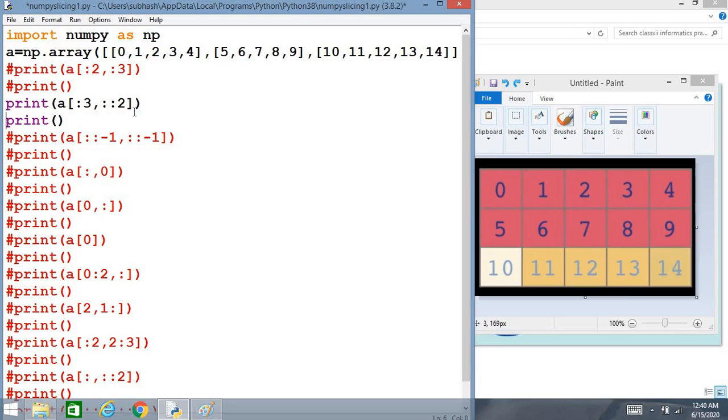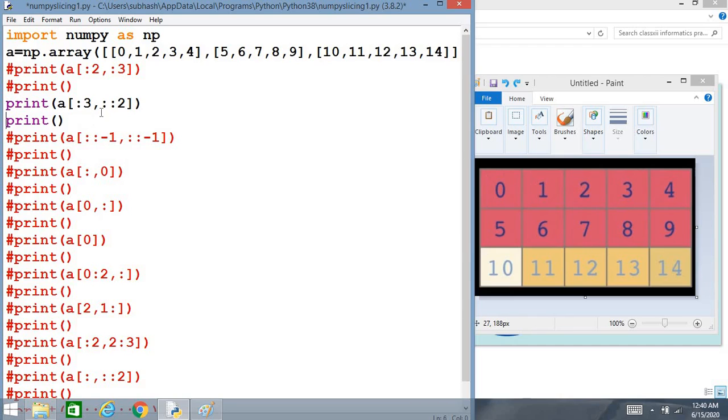Up to 2. Now next one it will move up to 3. 3 rows will be taken. Okay, so 0, 1 and 2. We have only 3 rows, so all the 3 rows will be taken. See, these 3 rows will be taken.